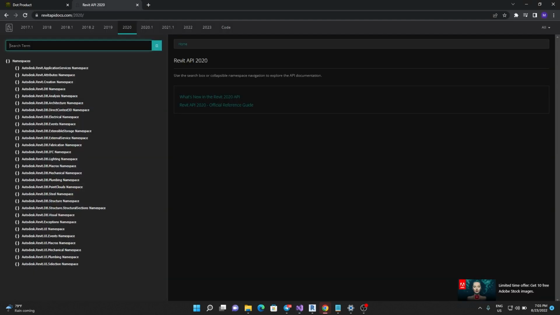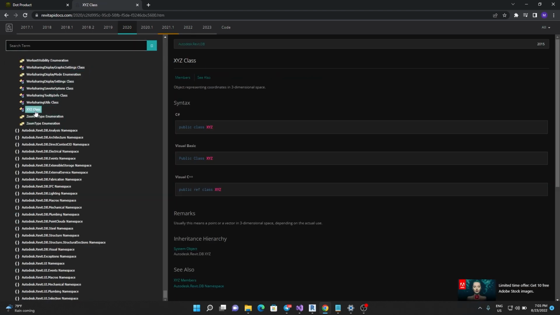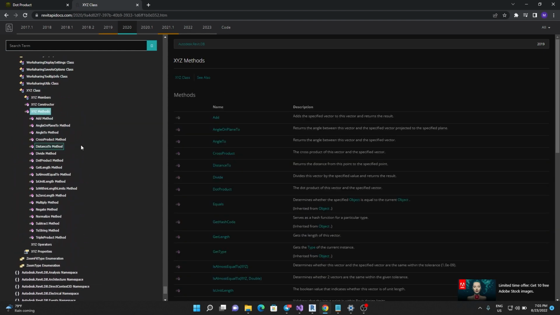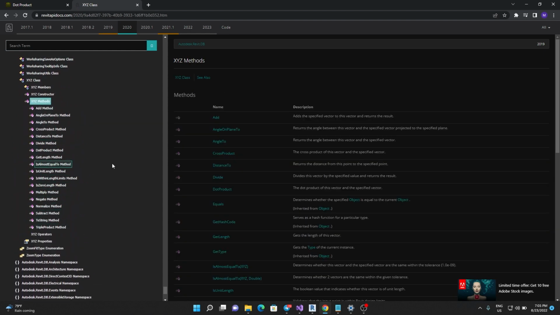what I want to do is to go to documentation. As you can see, I'm in Revit API docs, I went for Revit 2020, and I can simply look for XYZ object. And here we have a lot of methods actually, and I encourage you to go through them and play around with them. I'm not gonna go through all of them, but I'm gonna check out the ones that are really handy and that really help me a lot on my way of developing